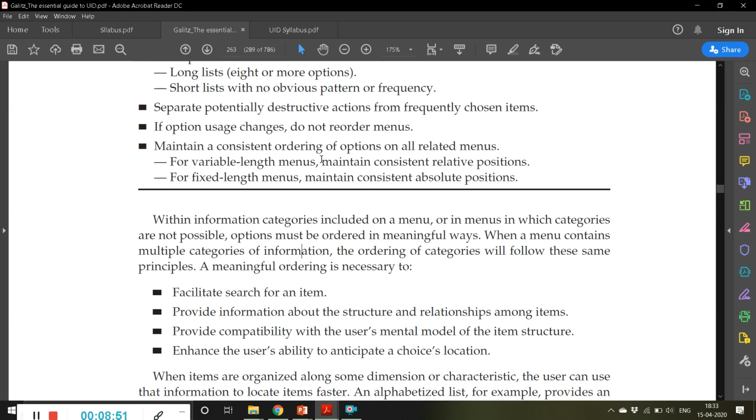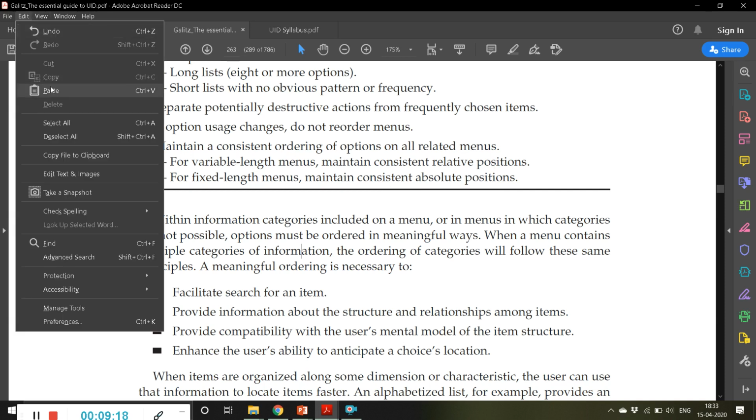Maintain a consistent ordering of options on all related menus. For variable length menus, maintain consistent relative positions. For fixed length menus, maintain consistent absolute positions. So we have to understand the meaning of a relative position and an absolute position. Relative position means, paste is immediately next to copy, so this is a relative position.